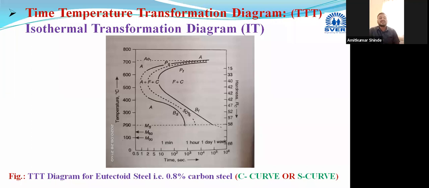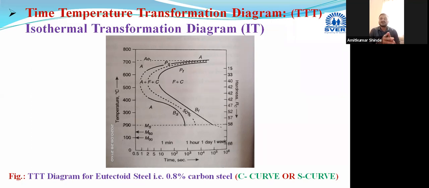Okay, which cooling rate we are going to use. After deciding that cooling rate, depending on that cooling rate only, properties of the material or the final component will be decided, and as per our need or requirement, we can change the properties. To change the properties, first we have to choose the proper cooling rate, and to choose the proper cooling rate, this TTT diagram is very helpful.